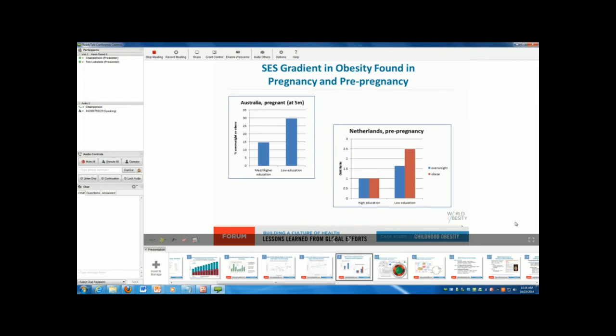I also want to think about how it isn't just children, it stretches around the whole life course. So we get examples of social inequities. We get examples here of obesity levels being higher in lower educated groups in pregnancy, and obesity levels being higher in lower educated groups in even pre-pregnancy. So women attending before getting pregnant. So there are whole life course issues that need to be addressed that feed into the child obesity problem that we need to think about. And social inequities are occurring throughout those.